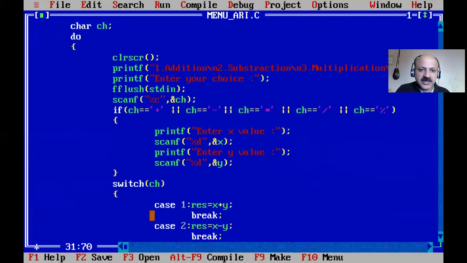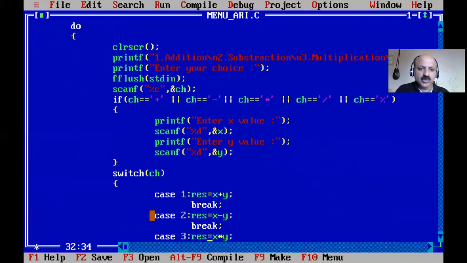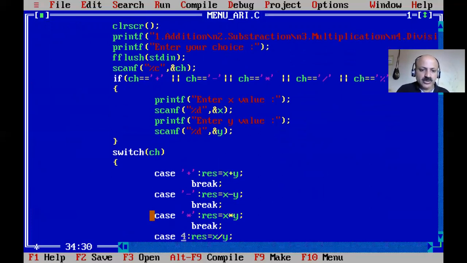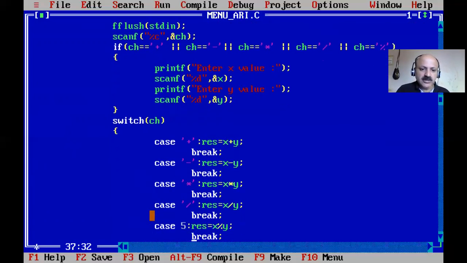So flush is there, and now our case is we have to give it as previous. So here, in single quotes, the plus sign. Some students require this, and some students require the previous one. Both are fine, so there is no problem. You can do your choice. You can use the character constant or integer constants, depending upon your choice. So in switch case both logics work well.